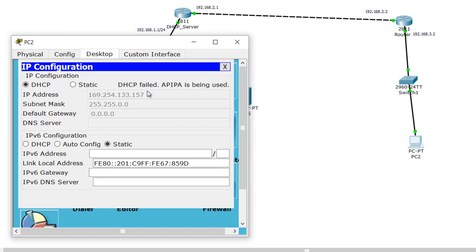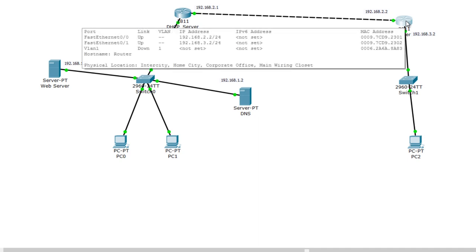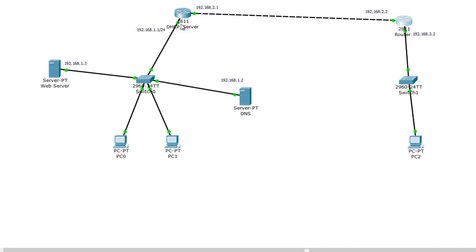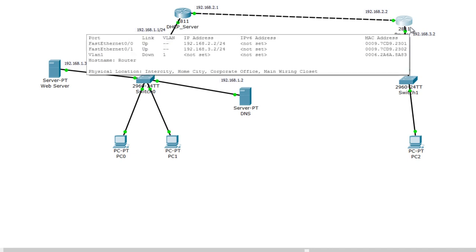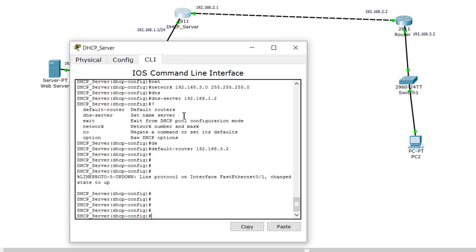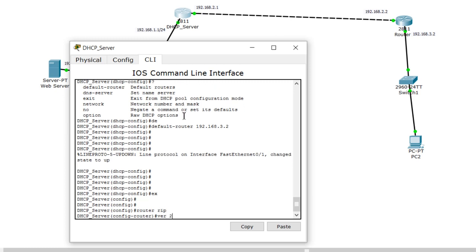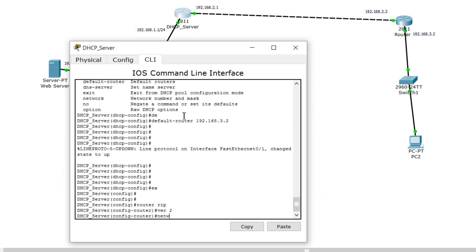Now what do we want to do? Whenever this device, the gateway device, receives a request for a DHCP server, we want it to pass that along. We want this to become a relay server. We want it to be a DHCP relay server. Now before we do that, let's do one more thing. We'll enable RIP routing. So router rip, version 2,